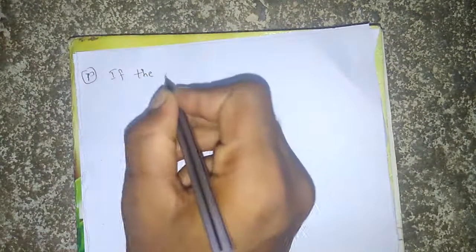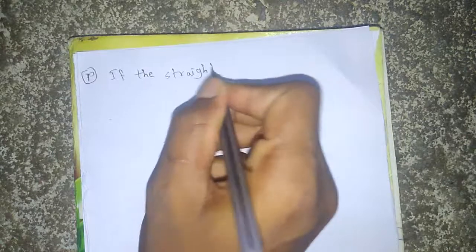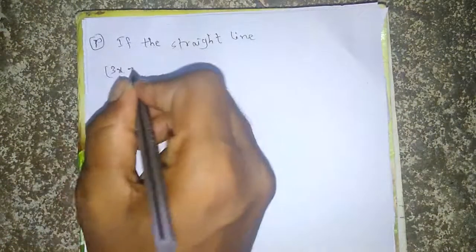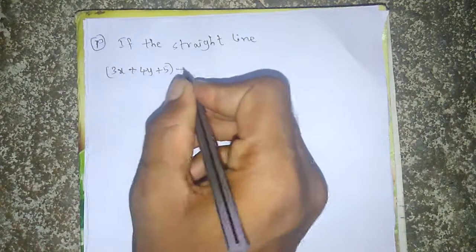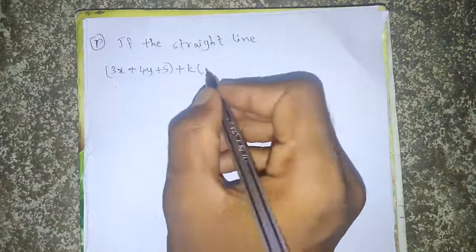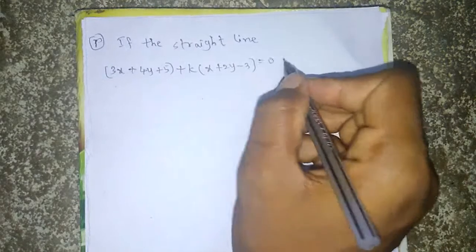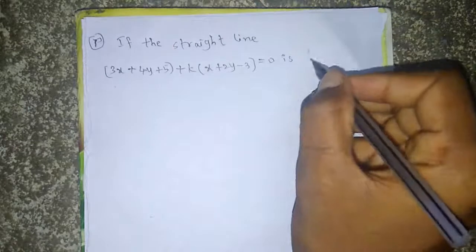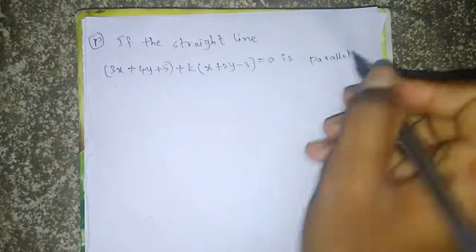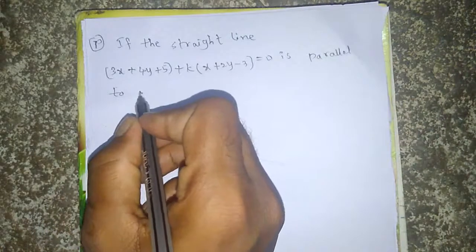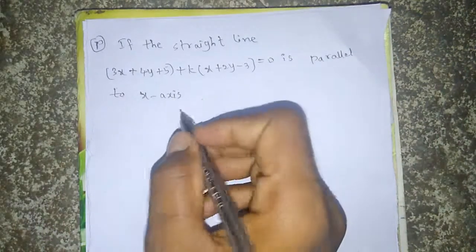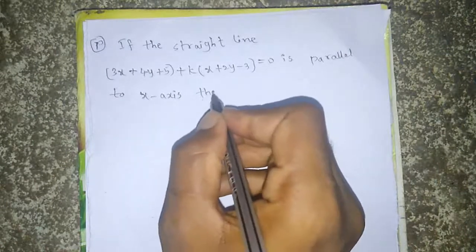Our next problem is, if the straight line (3x + 4y + 5) + k(x + 2y - 3) = 0 is parallel to the x-axis, then the value of k is